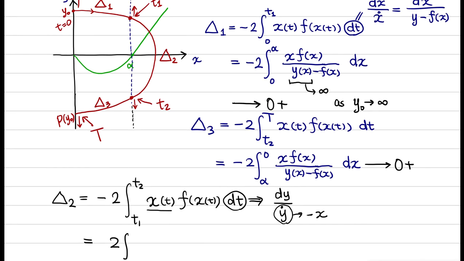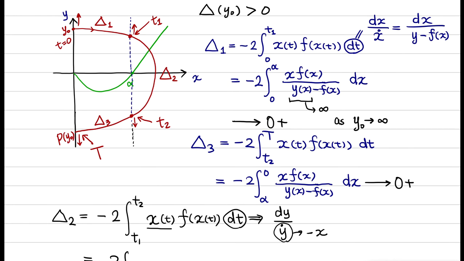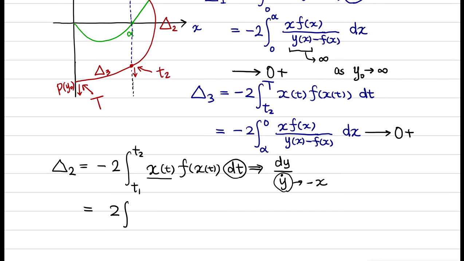And the integral will change in terms of the y integral. Y value is some positive value at t1 and some negative value at t2. Let's write it as y of t1 to y of t2, and it's the dy integral. And here you will have f of